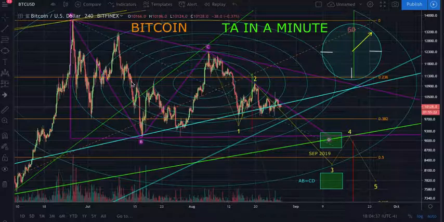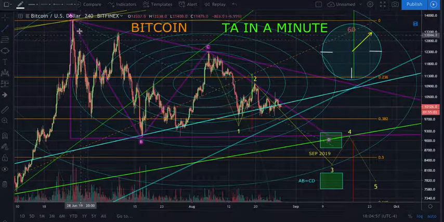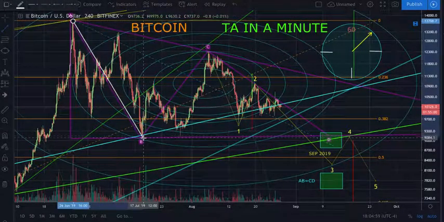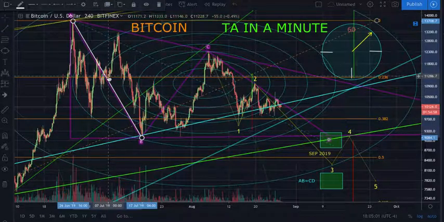So we had already talked about in the past how we came up and topped out here, and then we came down to the 0.236 and then the 0.382, but we had never made it to the 0.5. Okay, so what I think is going to happen here, I think around that 0.5 is going to be our target. And there's two ways an AB equals CD situation can play out. They can either be equal or one could be longer than the other.